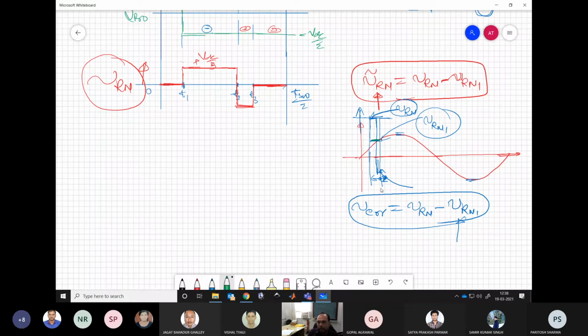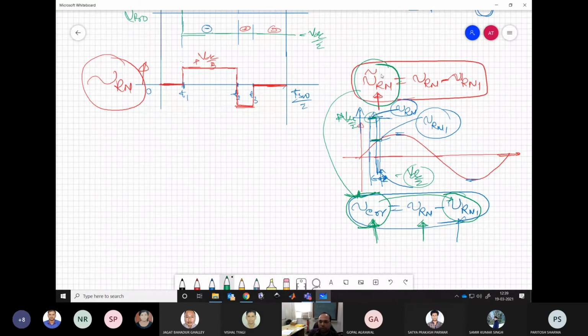So we are trying to have this, but actually we are applying this VRN, which is a pole voltage, which means either having value plus VDC by 2 or minus VDC by 2 or whatever value. Here, this I am drawing for simplicity. So the remaining voltage, what is applied as extra on the system, that is called voltage error. We are applying something different from what we actually need. So then that voltage creates this ripple. This is the ripple part, the error in the voltage, what we are applying.